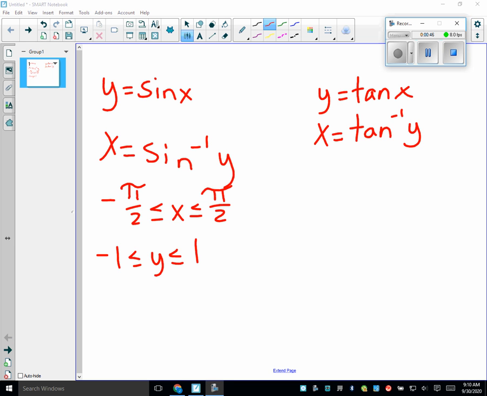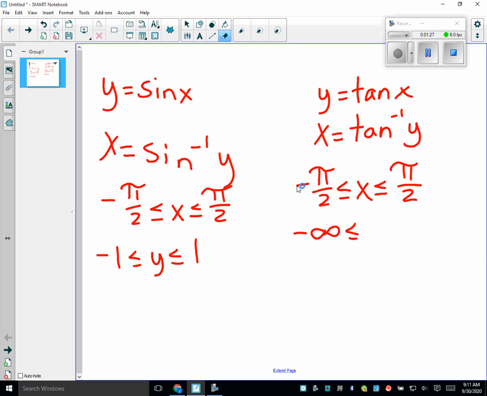All right? Tangent is also negative pi over 2 is less than or equal to x, which is less than or equal to pi over 2. Now, when you just graphed tangent and cotangent, how far down on the graph did tangent go? Anybody remember? Didn't we put an arrow at the bottom that said it went down forever? And how far up did it go? Forever. So for the y value on tangent, it is from negative infinity, and it can't be,